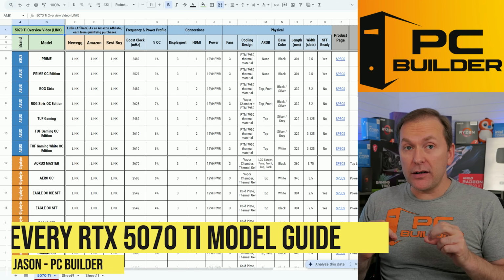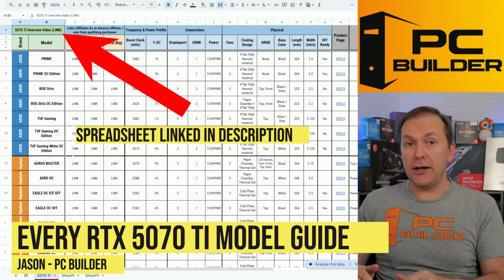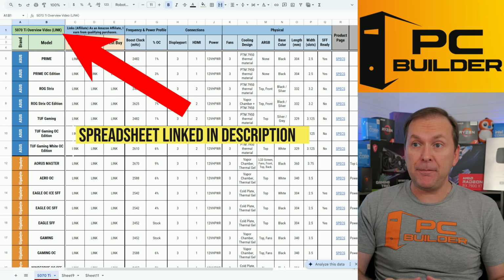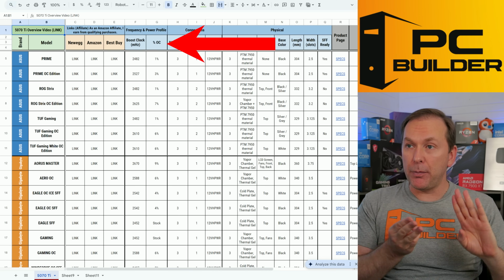I've listed every RTX 5070 Ti that we're going to go through in this video in this spreadsheet right here. You can find a link to it down in the video description. Jump in there, we got retailer links, but more importantly, we've got the boost clock, what percent overclock it is,